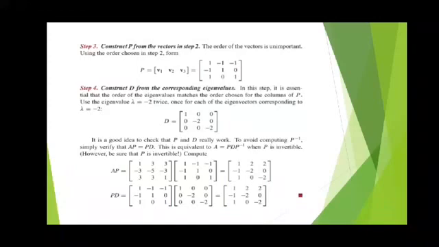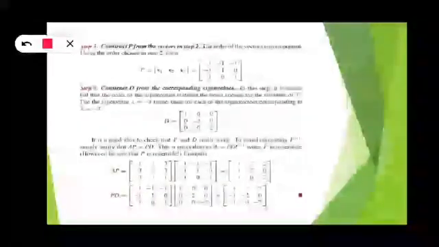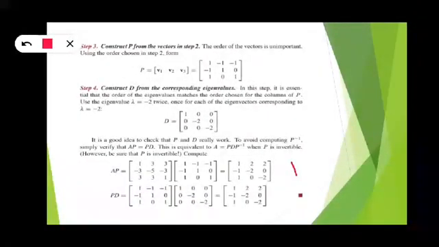First we take AP. So AP is equal to what here? A we already know: 1 3 3, next minus 3 minus 5 minus 3, 3 3 1. Next P, from above, is 1 minus 1 minus 1, minus 1 1 0, 1 0 1. In this we take the matrix multiplication. What happened here? 1 into 1 is 1. Next 3 into